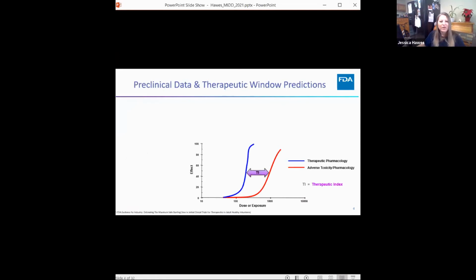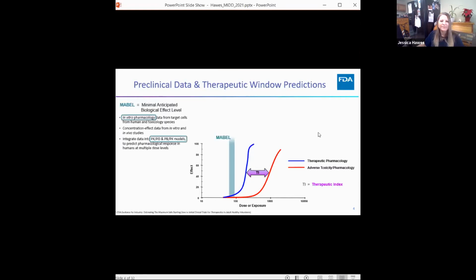So that we're all on the same page, some of this may be review for many of you, but preclinical data is used to predict therapeutic windows for drug products where the difference between dose exposure response curves for therapeutic pharmacology, represented here in blue, and adverse toxicity or pharmacology, represented in red, is the therapeutic index. The MABEL is the minimally anticipated biological effect level for a given drug product and is usually